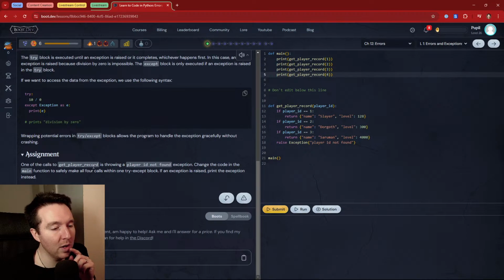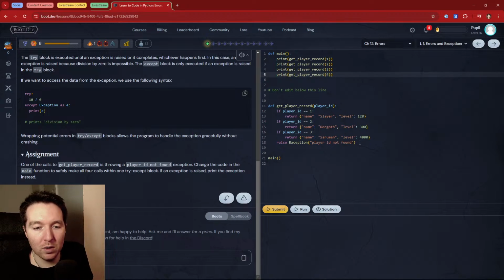Assignment: one of the calls to get player record is throwing a player ID not found exception. Change the code in the main function to run safely. Make all our 4 calls within one try block. If an exception is raised, print the exception instead. Okay, so